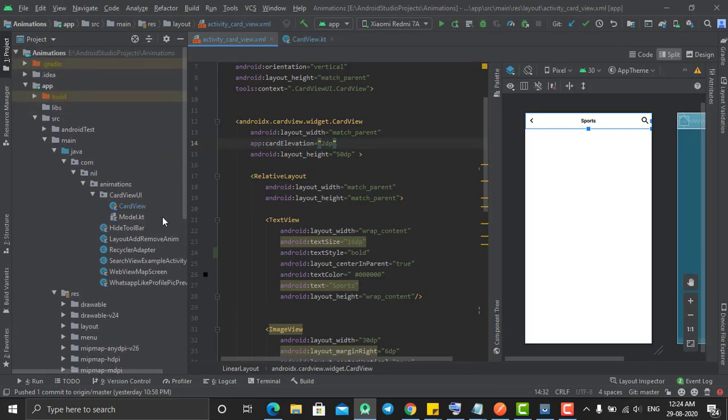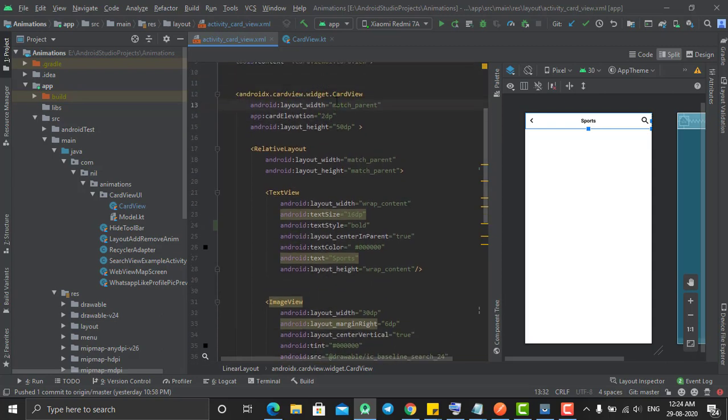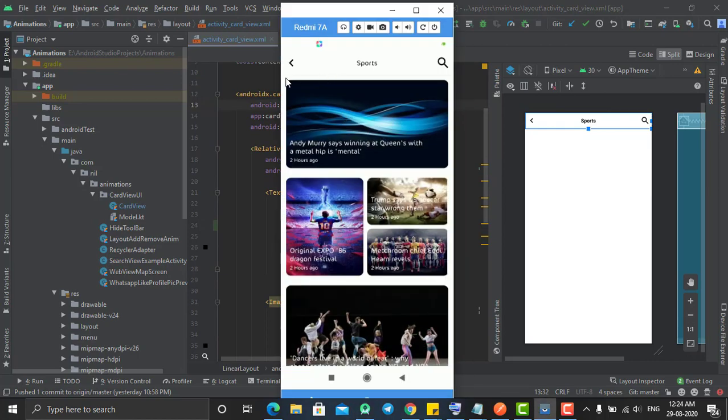So if it does not contain any action bar, I want to create it manually, right? So here I have used the CardView, which will take the elevation and show the shadow here, right? That's the reason I'm using the CardView.